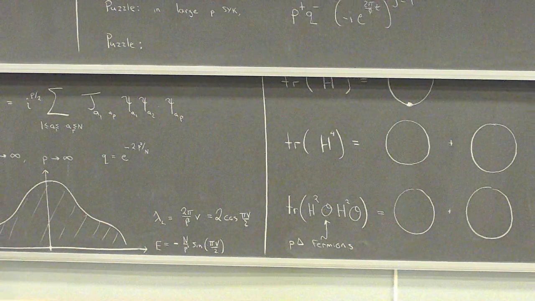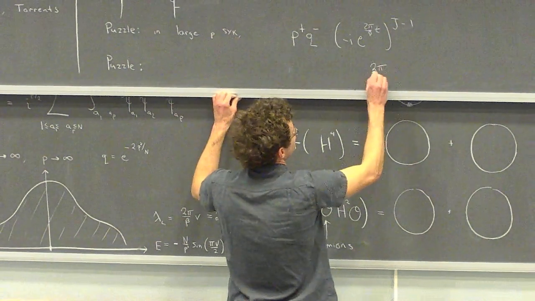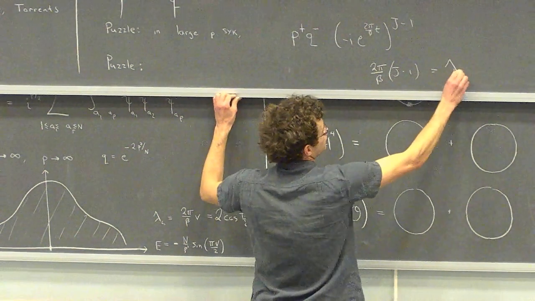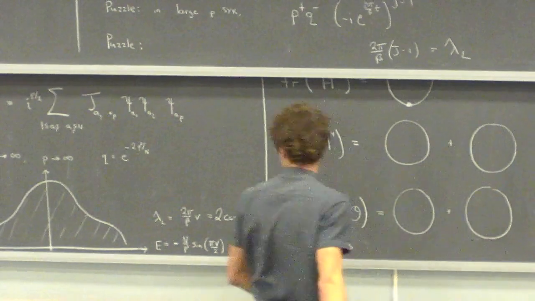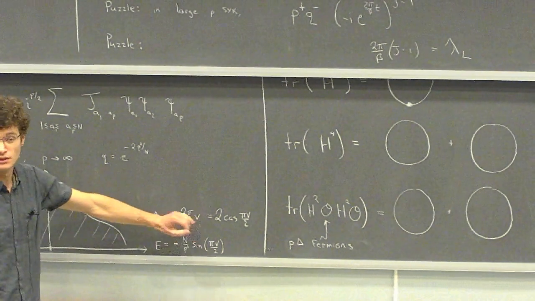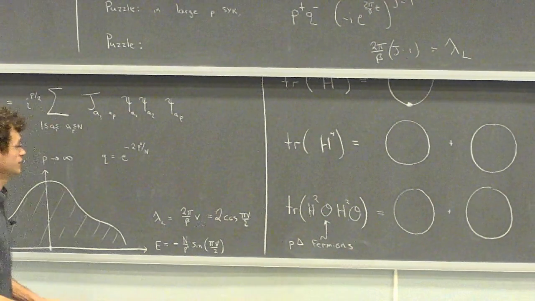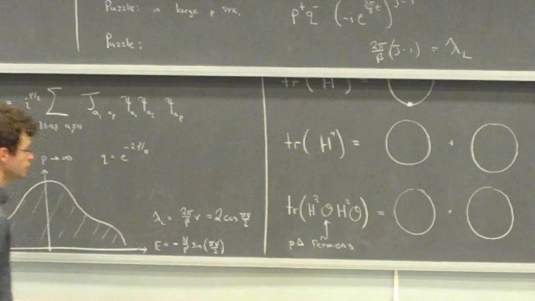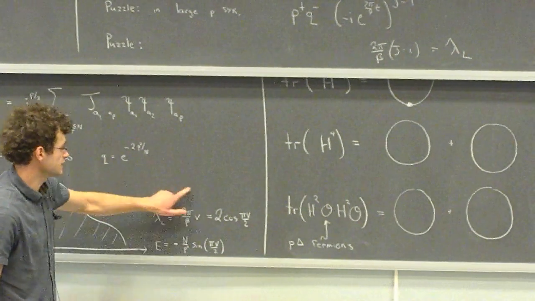And you can compute the Lyapunov exponent. You find that it's given by 2 pi over beta times a parameter times this v. Don't worry about memorizing this exactly, but that can be rewritten as 2 times cosine of pi v over 2. But the important point is more this formula, that it can be less than 2 pi over beta.